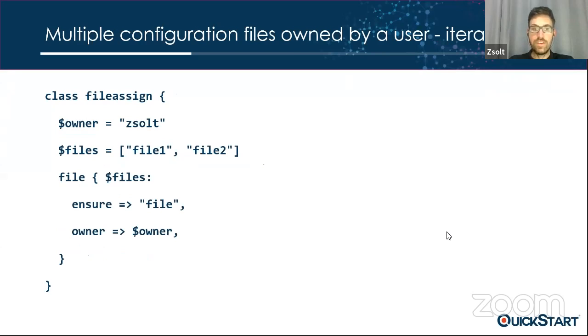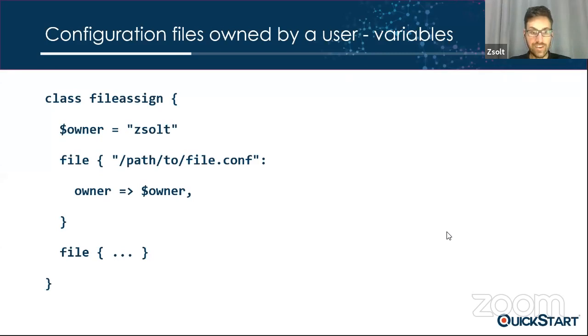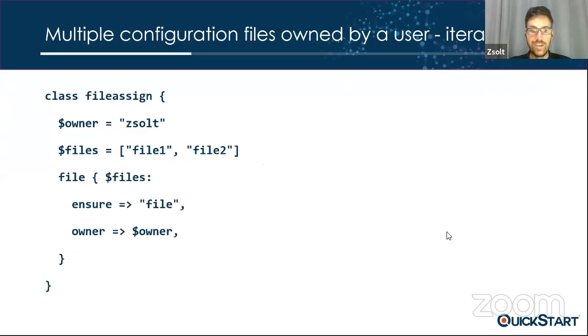Now, if you had 100 files and you could place it in an array, so this array structure is inside the files. In that case, you can get rid of the previous 100 file structure. So you can have, instead of these 100 file declarations, you can just have one file declaration. And if it has an array in the identifier part, in that case, it performs iteration automatically. And we ensure that they are files, and we ensure that their owners is whatever owner.